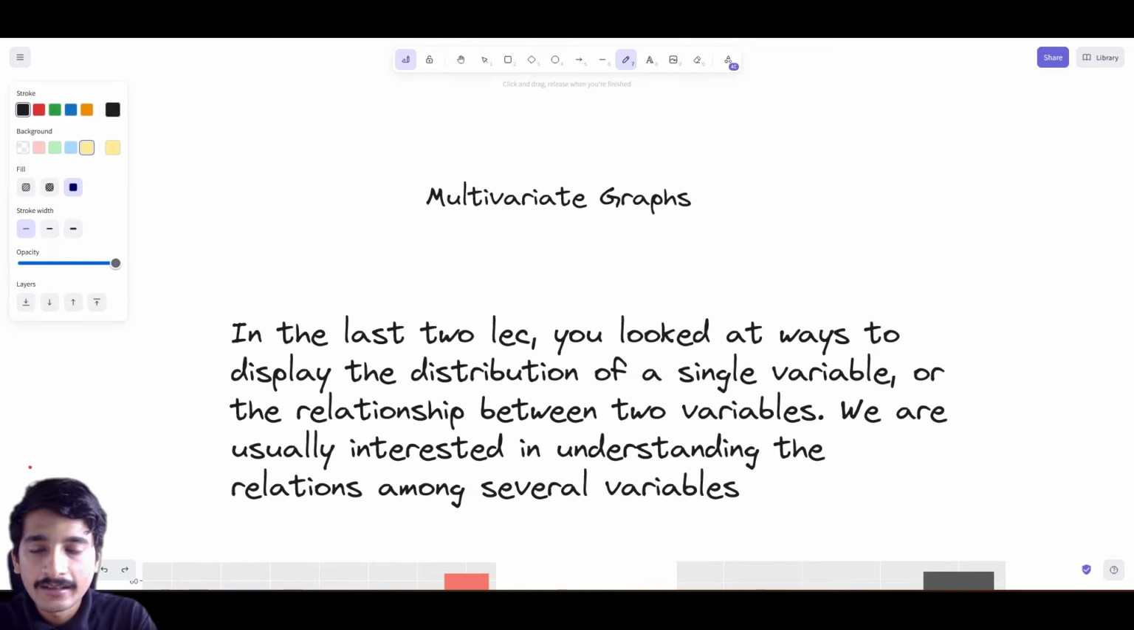Today we are going to look at multivariate graphs. In the last two lectures we looked at how you could display single variable graphs or two variable graphs. Basically, these two variables could be categorical variables or quantitative variables. Most of the time, we are generally interested in how you could display relationships among